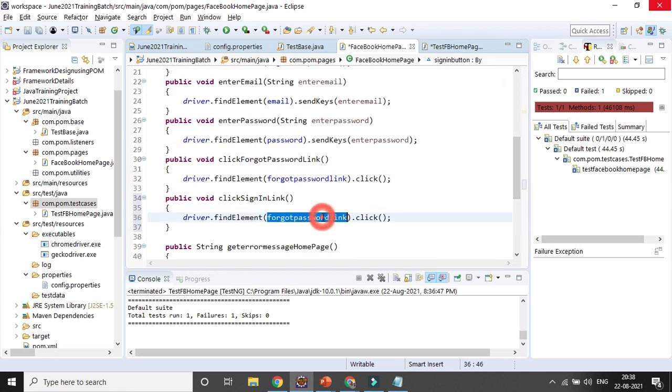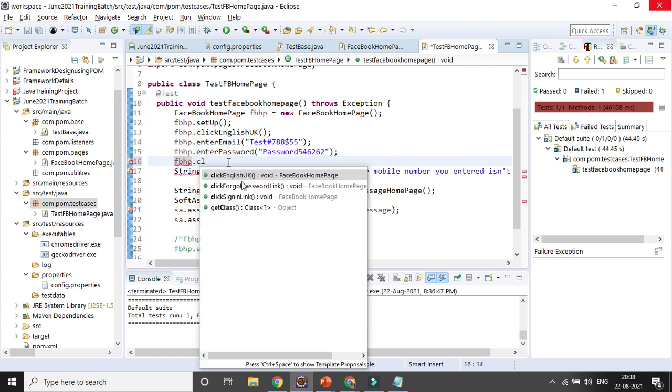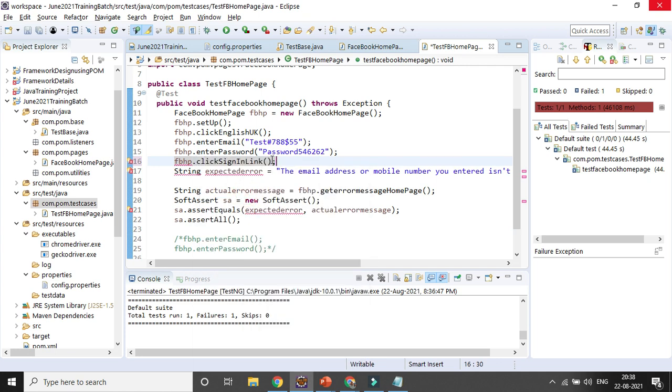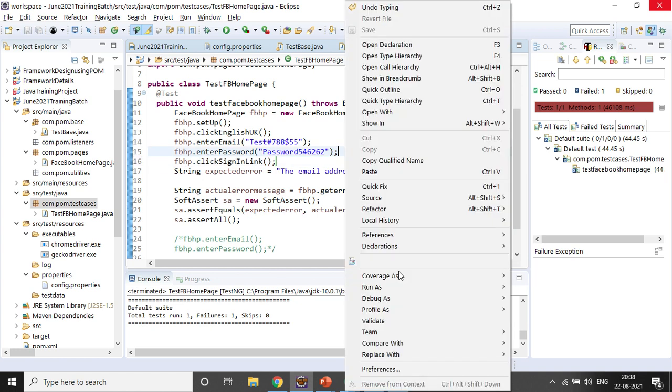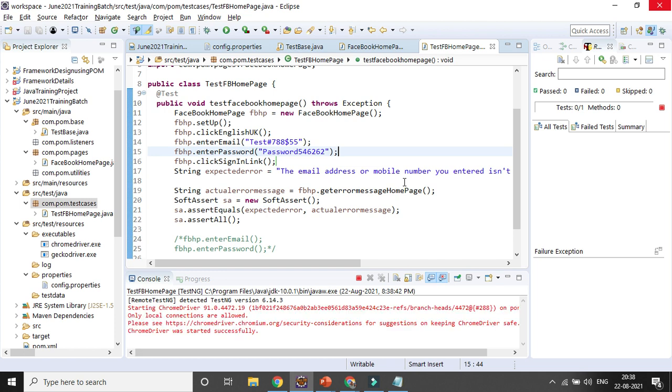So you can see how easily you can correct your code, right? You will be simply calling that one. Now click sign in. Okay, now it's done. Now let's try to run your test case, and let's see how fast it is running, how fast you are able to fix your code with the help of the page object model design pattern and Maven project.